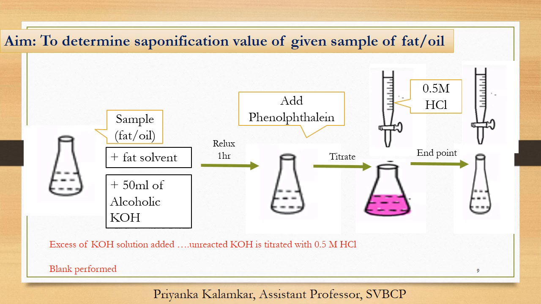The HCl is there in the burette. Now you have to note down the burette reading, that is, what amount of HCl you have required. Now you have to carry this out for the test reading, with whatever sample you are taking. But this is a type of back titration. As you are using an excess amount of KOH and you are trying to find out the unreacted KOH, we need to perform a blank titration.